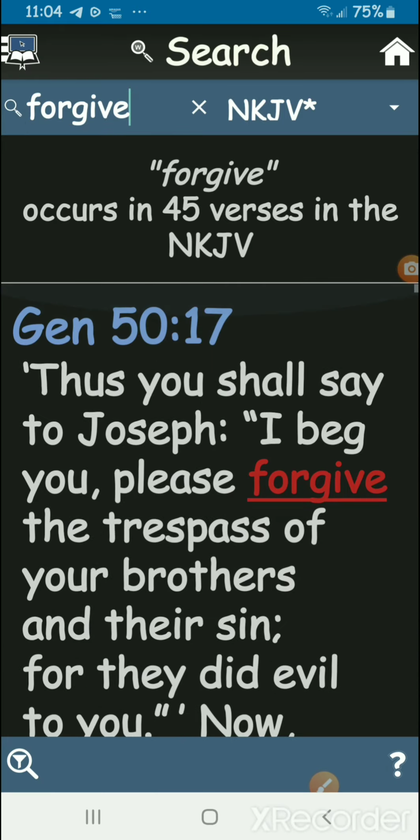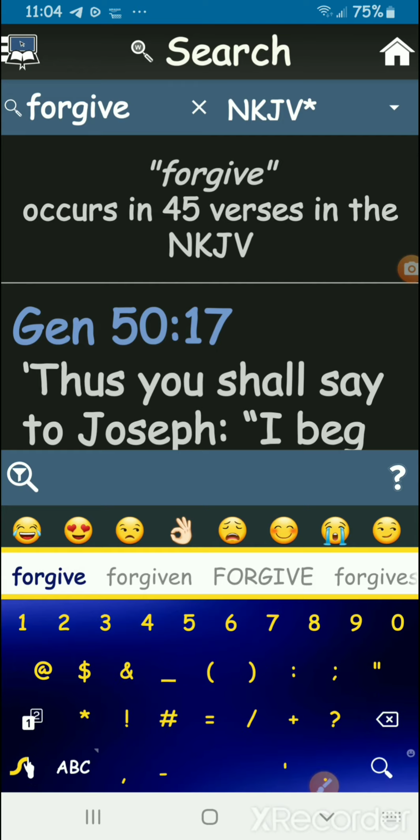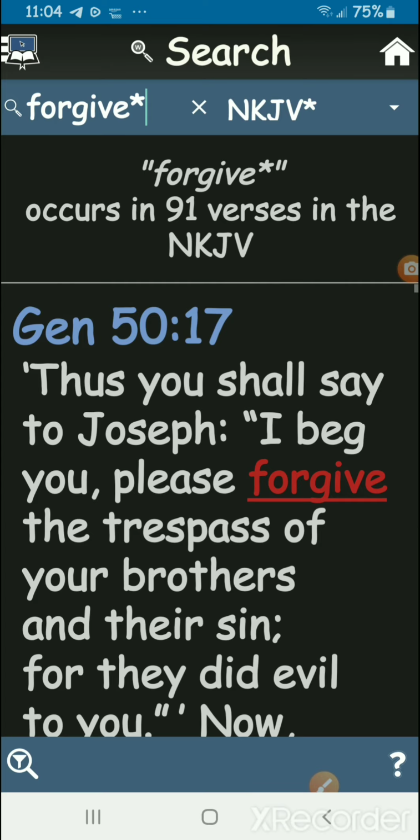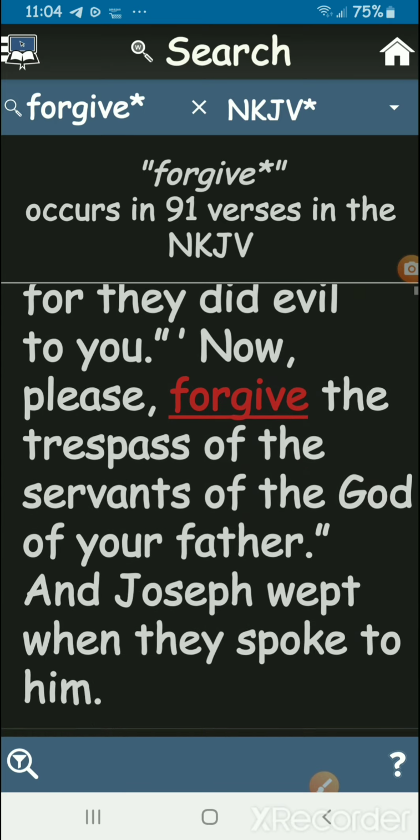Oh, let me show you a trick. If I want to get all the variations of this word forgive, well, it won't include forgave, but it would do forgive, forgives, forgiven. What I do is I add an asterisk at the end. And guess what? Now it gives me every tense of the word forgive. So here's forgive